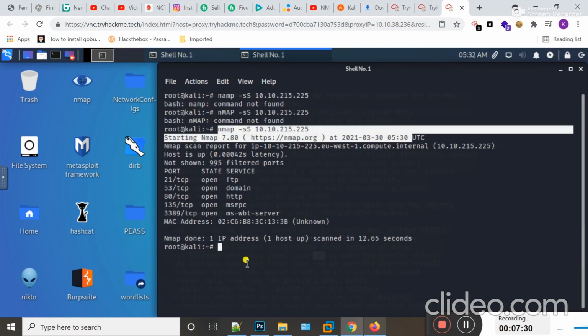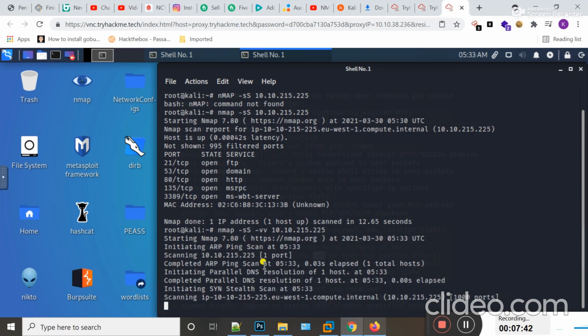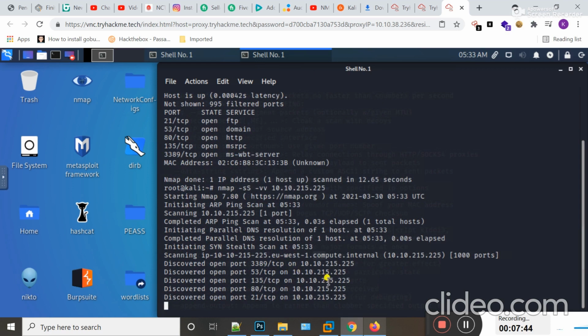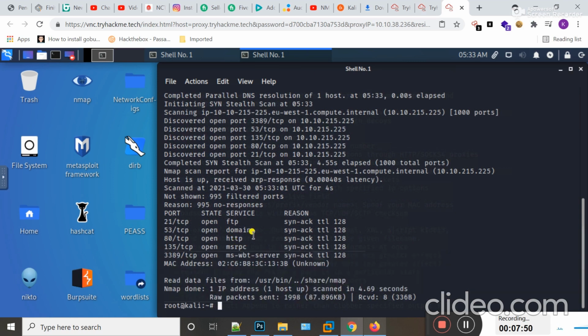If I type Nmap and want to increase the verbosity of the output, I can use -vv and hit enter. Now Nmap will show you the most verbose output. Here you can see more detail about your target machine: the ports, then the state of the port.